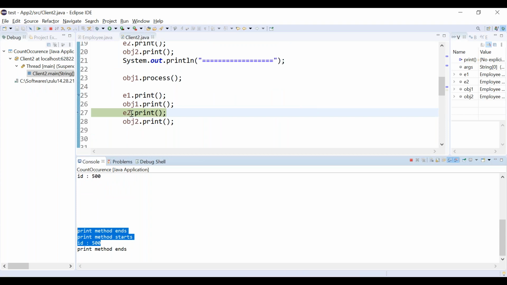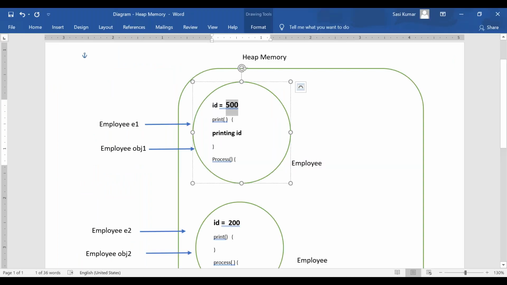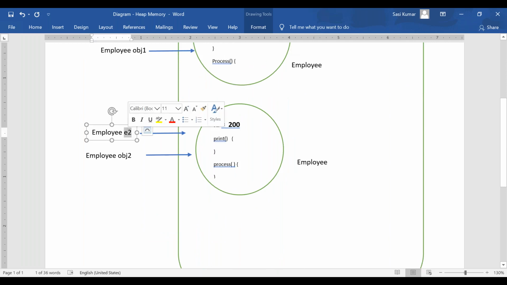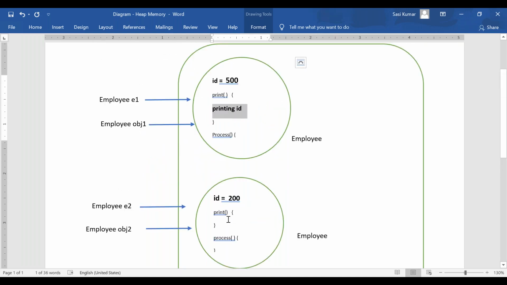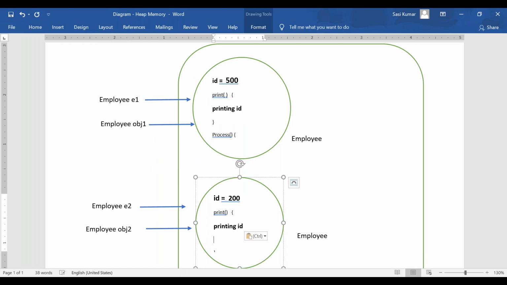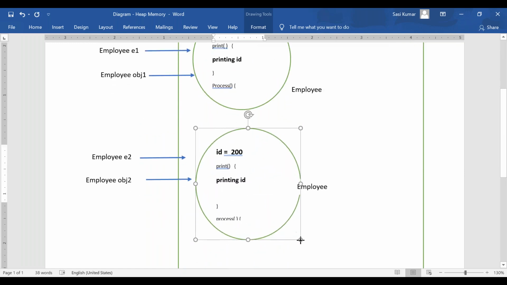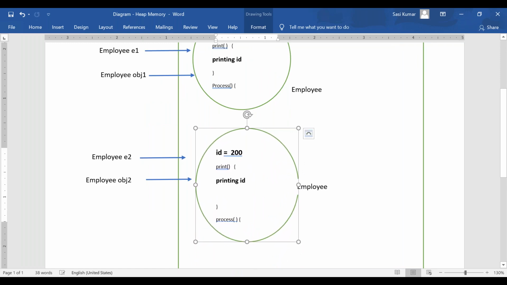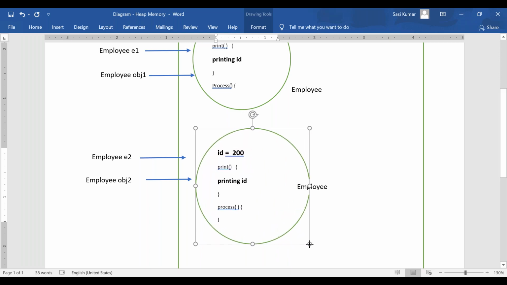Now I am printing e2 dot print. Where is the e2 reference pointing? To the second object, right? We are calling e2 dot print. Inside the print method, you are printing the id.